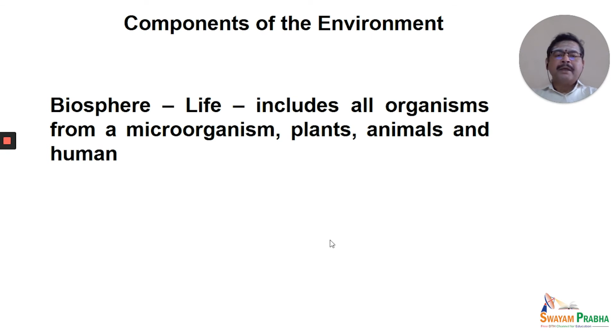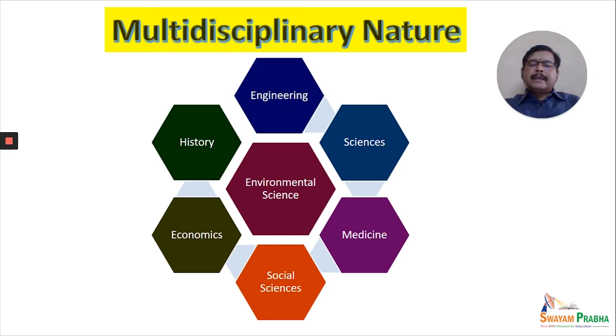Now we will move on to the next component, multidisciplinary nature of the environment. Now we have seen the importance, or rather the need, to study environmental science. How this environmental science is multidisciplinary in nature has to be understood. Multidisciplinary nature of the environment is a very complex phenomenon, and it is also quite an interesting phenomenon where very many subjects are entwined, interlinked, and make the environment move.